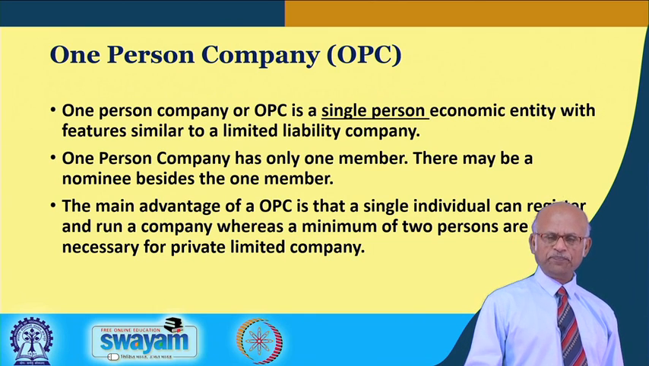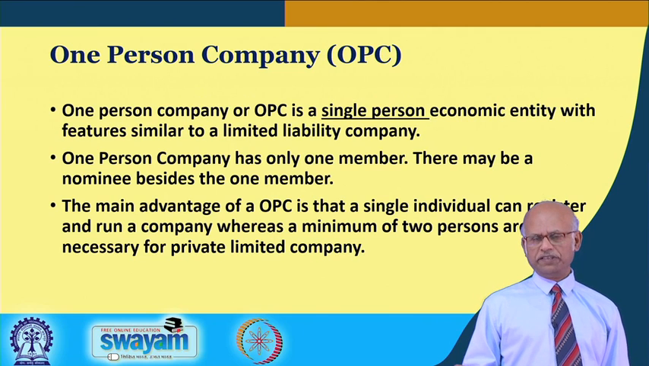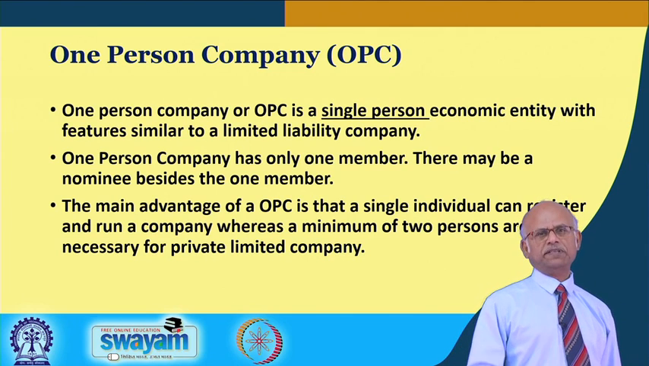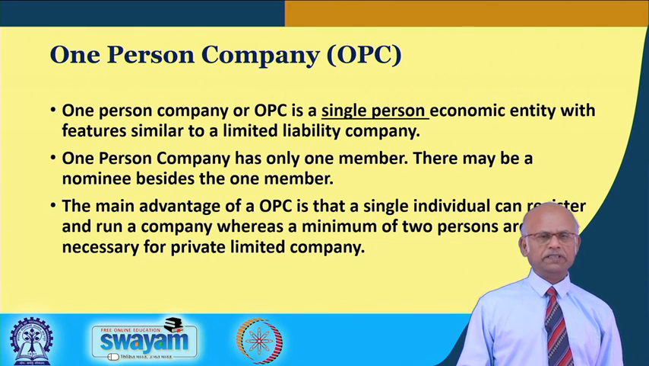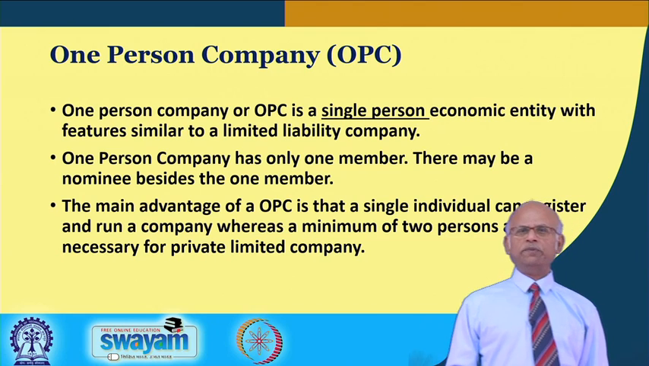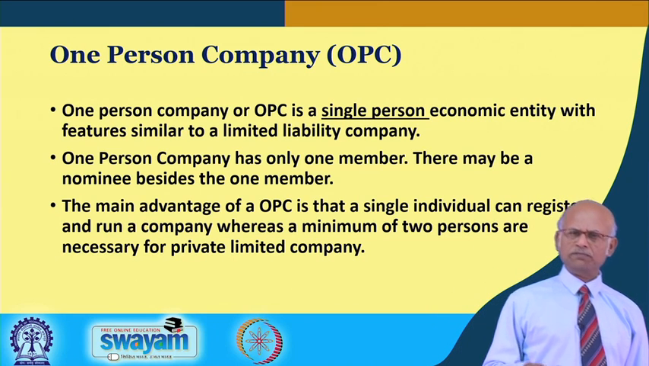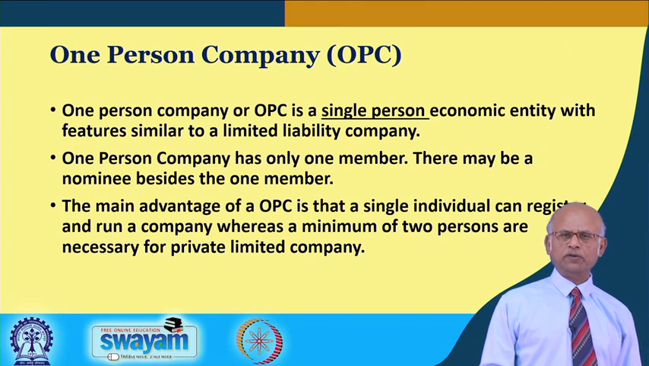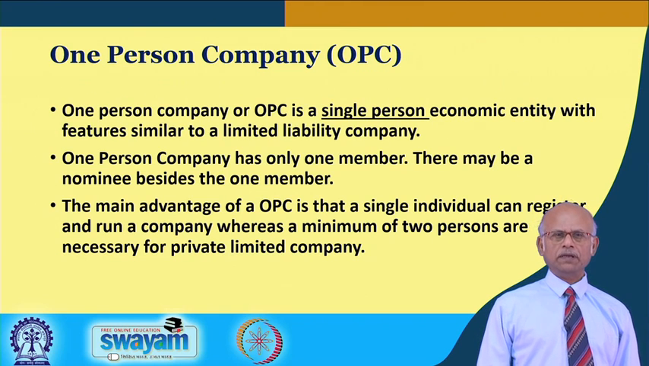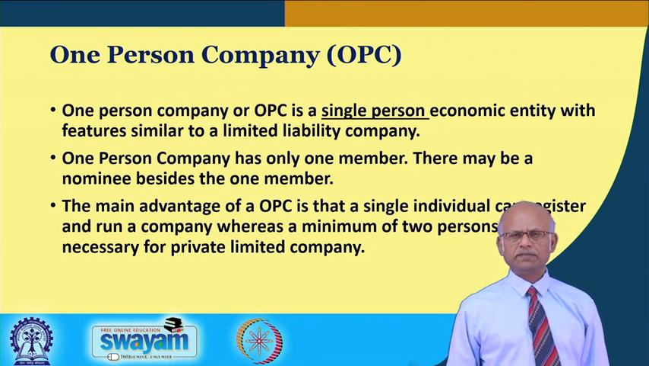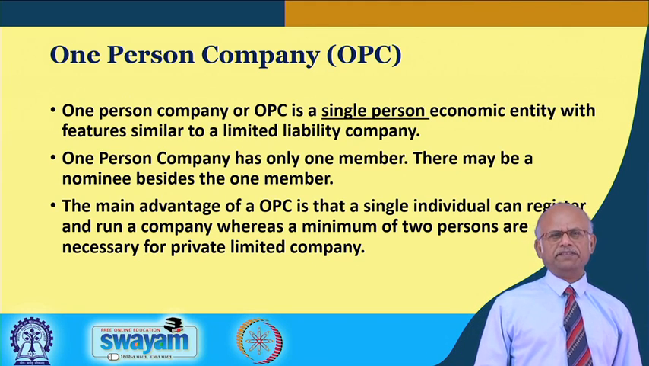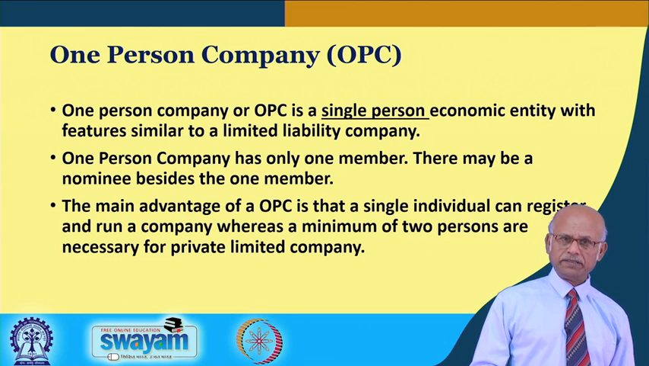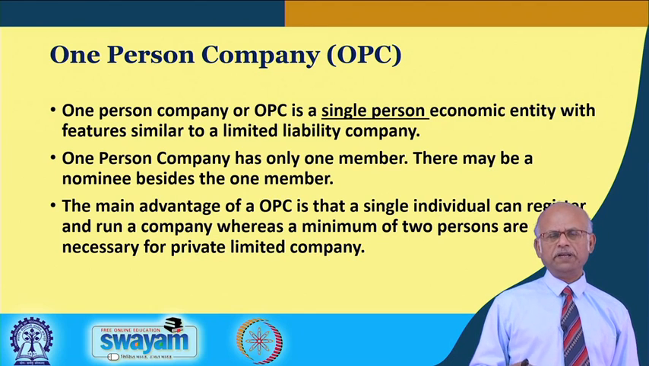You may have a nominee, so that in the event of your death, the nominee automatically becomes director. You may or may not have a nominee. If you do not have a nominee, then a nominee will be decided through a court order, judicially, so it is not whimsical. The main advantage of a one person company is that one person can register a company, run it, maintain secrecy and reap the benefit that he can bring to the table,